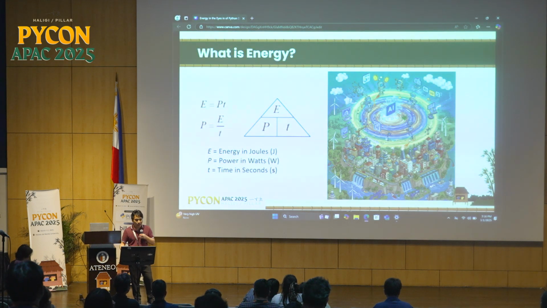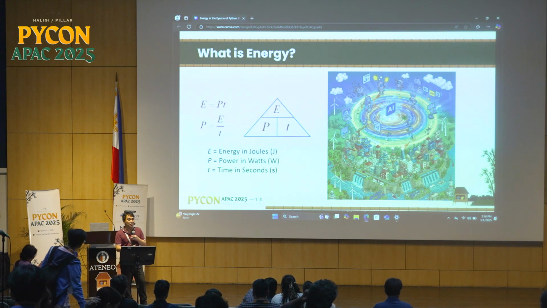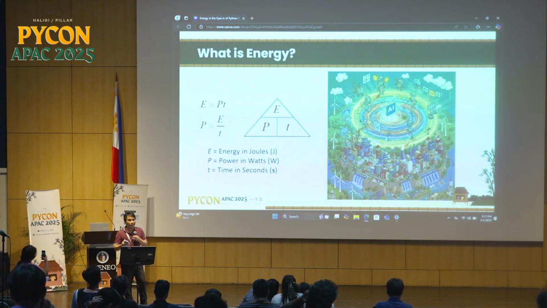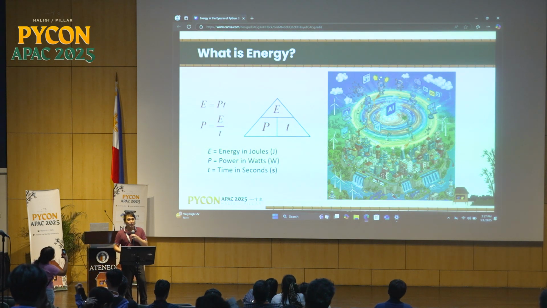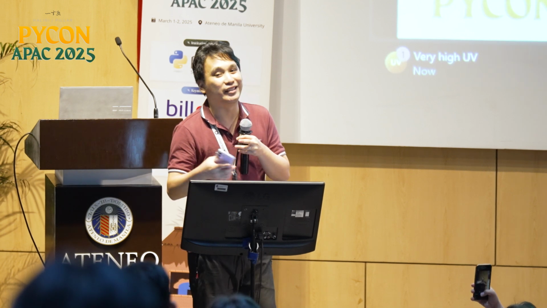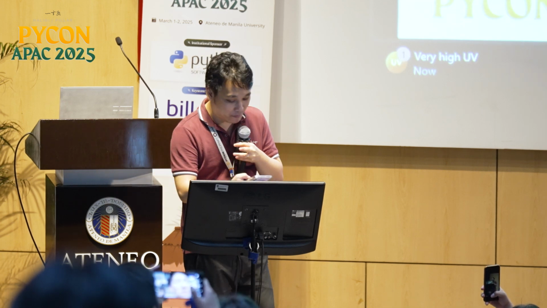Okay, so when we think about energy, this is just the simplest equation, right? Energy is equal to power in watts, times time. But energy is a critical infrastructure. If you have listened to the previous keynote, he identified that energy is one of the infrastructures, and it powers your artificial intelligence, your robotics, your data science, and everything else. Without energy, we're not able to build anything, right?